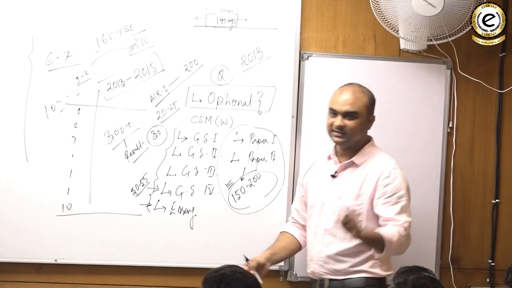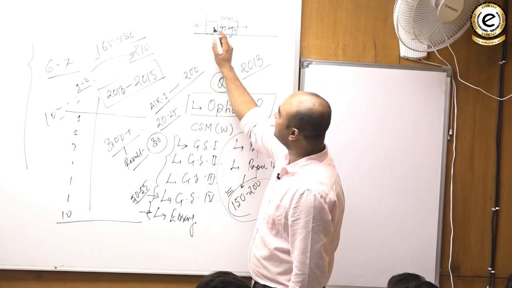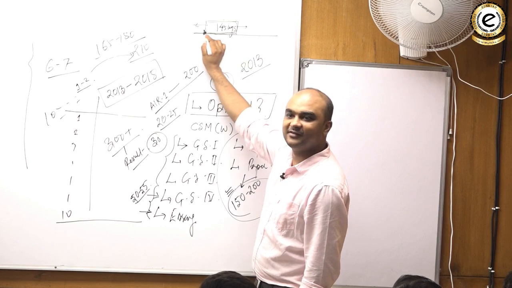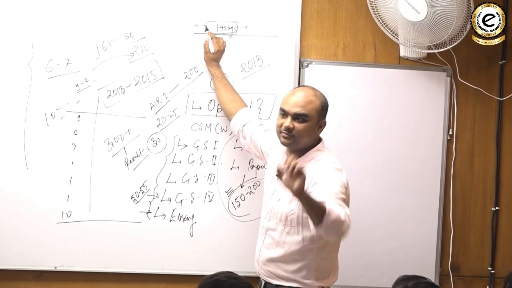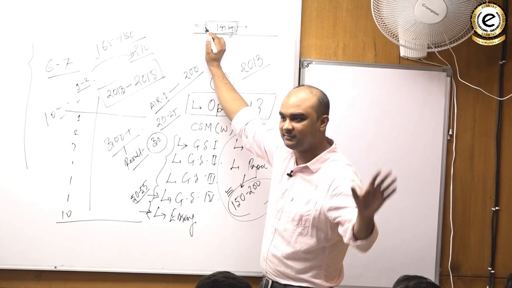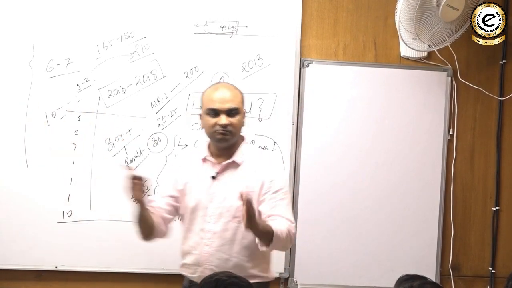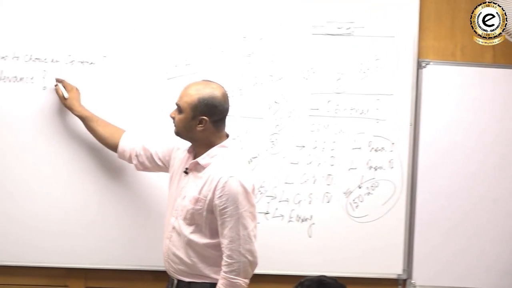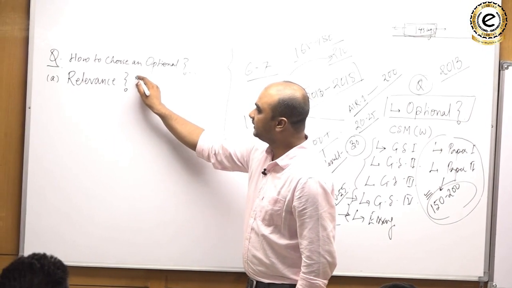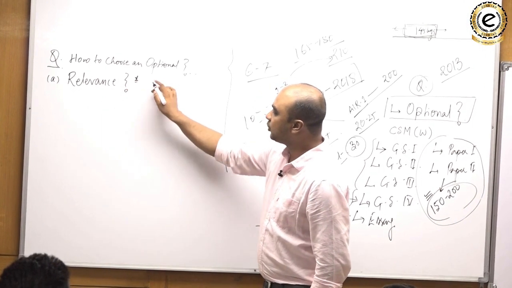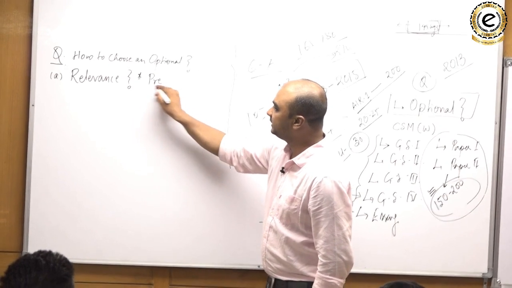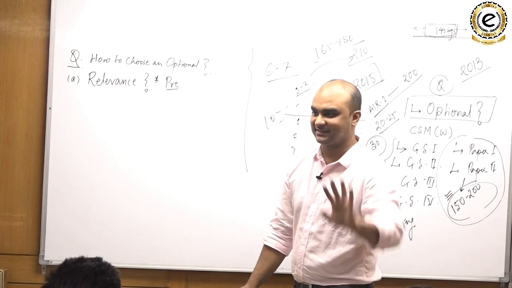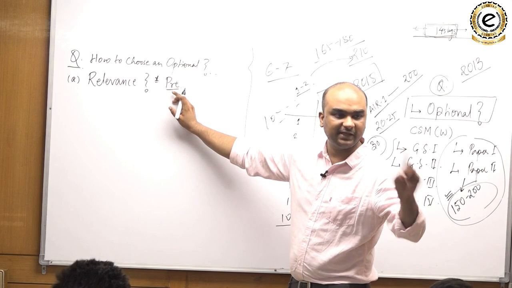Decrease the chances. It means that whatever optional you choose must come from within the overall things that are there in the examination. It means the entire syllabus and the optional syllabus must have some relevance. What do I mean by that? The first thing that must bother you is how this optional will help me in the preliminary examination, because every optional will help you in the mains examination. How will this optional help me in the preliminary examination?